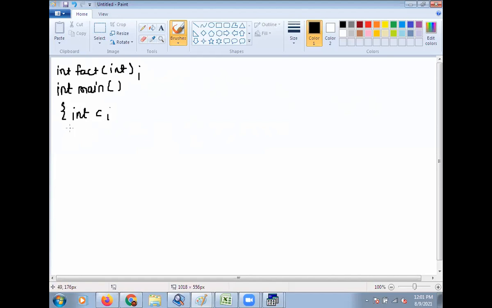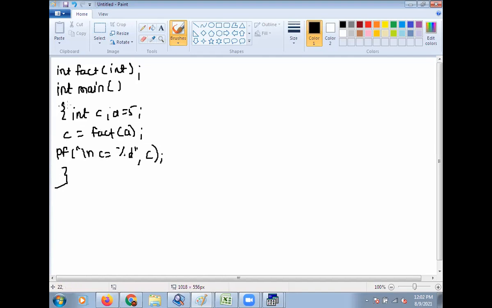So we are directly passing that value. Suppose here a is equal to 5 and c is equal to fact of a. Okay, then printf "\n c is equal to %d", c. Okay, then getch, then return 0, bracket complete.